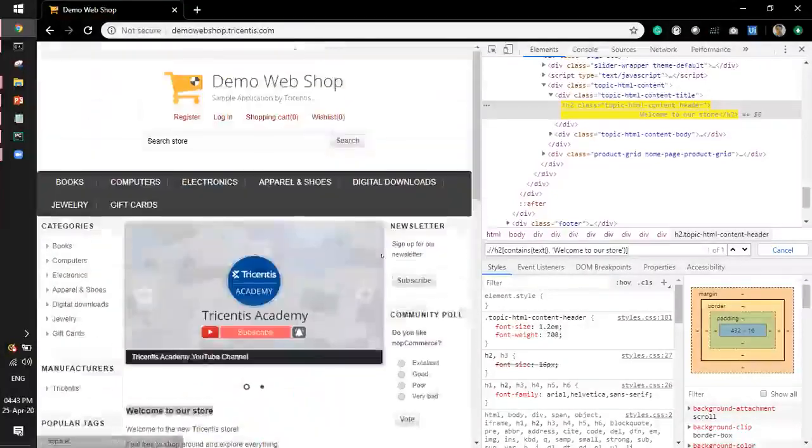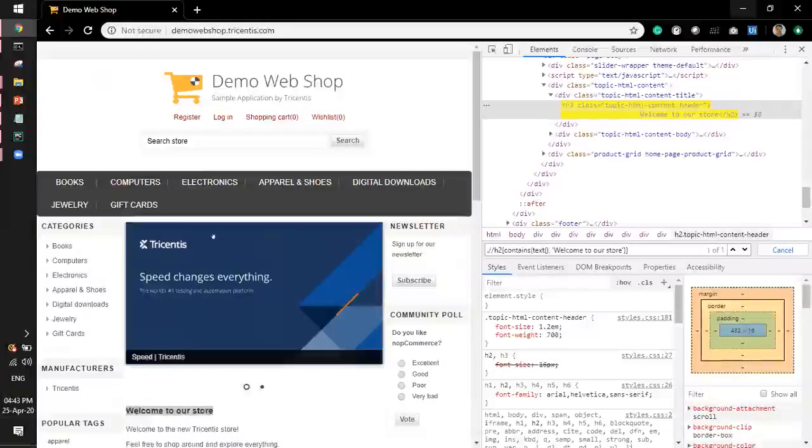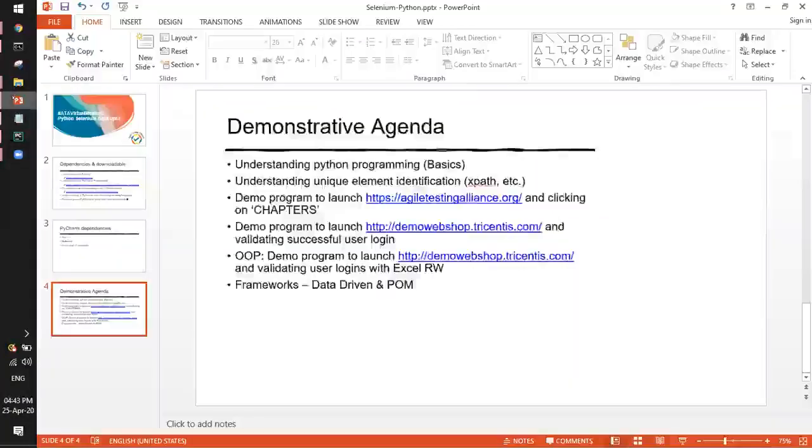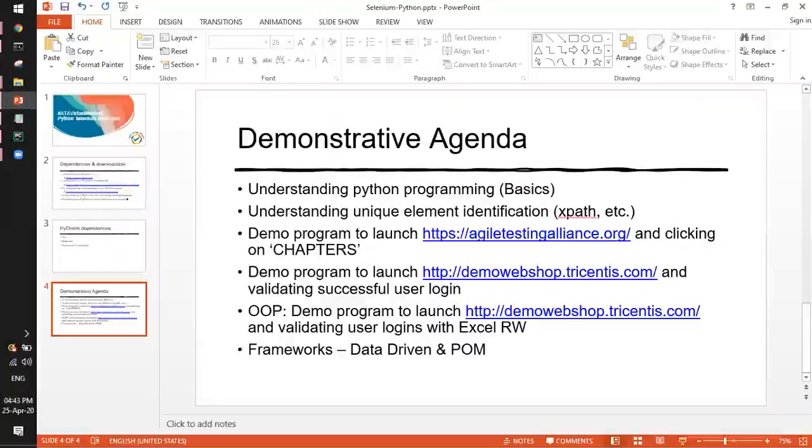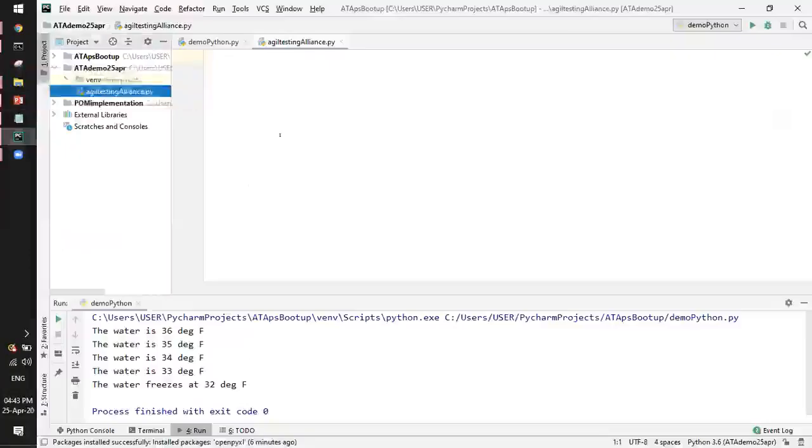But I won't waste much time here, and I'll go to our demo which we have planned. I'll quickly write a small code for you to understand. First of all, I have to import the WebDriver from the Selenium package. So I'm saying from selenium import